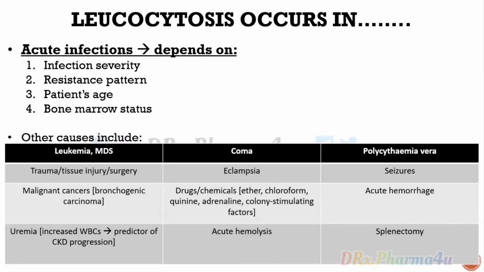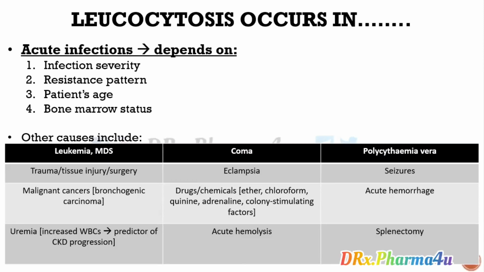And obviously, leukocytosis happens in acute infections also. It depends on the severity of the infection, like what is the quantity of organism in your body and how resistant it is to antibiotics, antivirals or antifungals, whatever it is. The resistance pattern, as I said before, of whichever organism is in your body matters. The patient's age is also important,